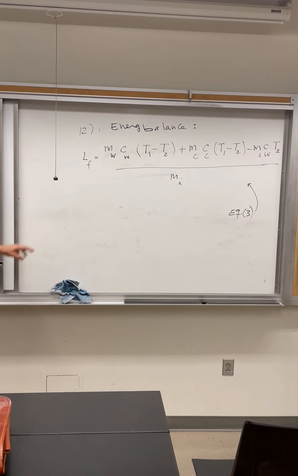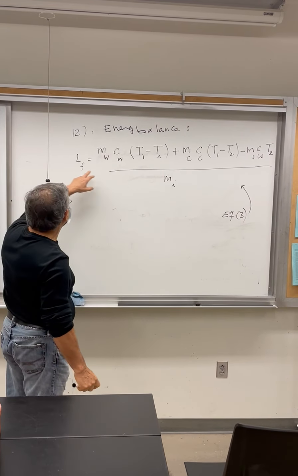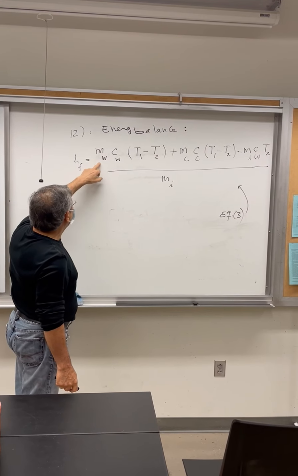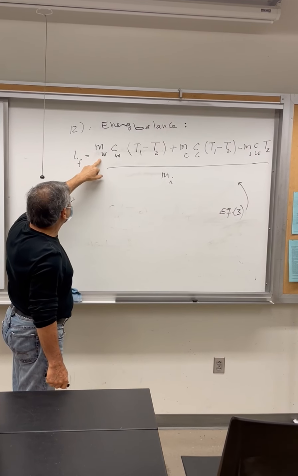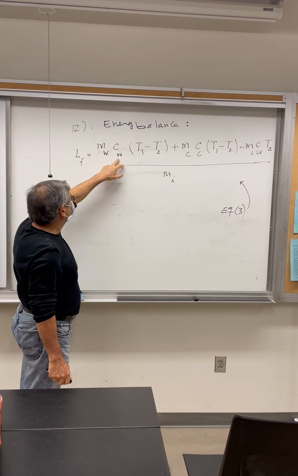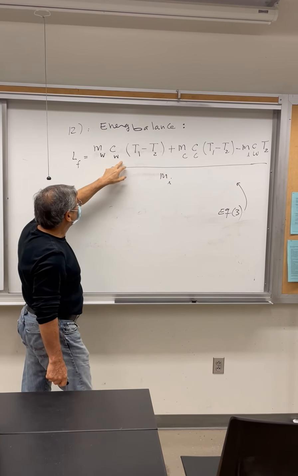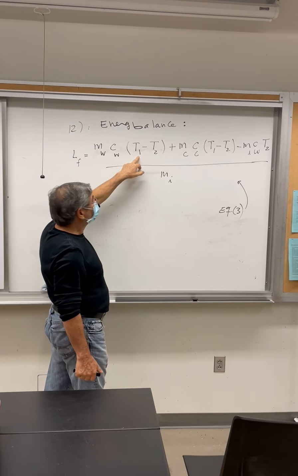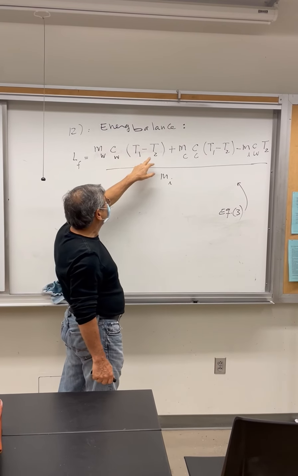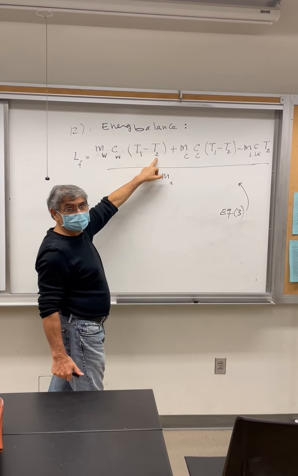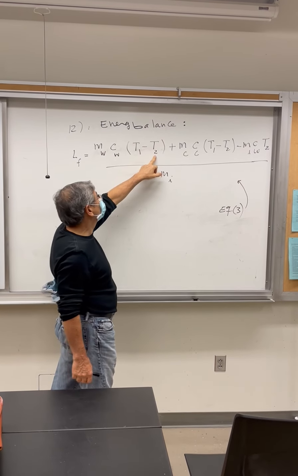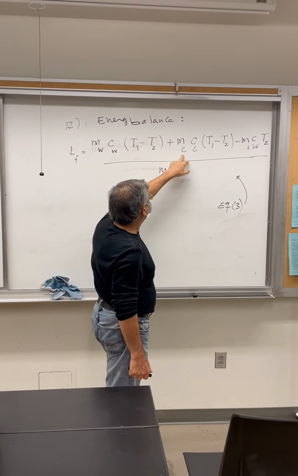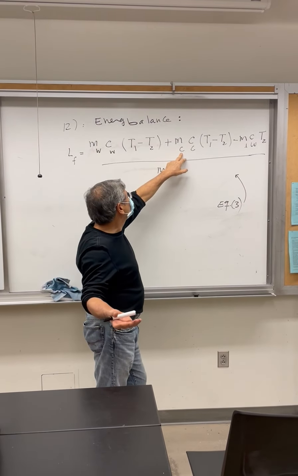And this is after you do the energy balance. Latent heat of fusion of ice in here, mass of the warm water, the specific heat of water, temperature before you added ice, and temperature after you added ice, which is almost the same as room temperature, but you have to record it. Mass of the cold water,